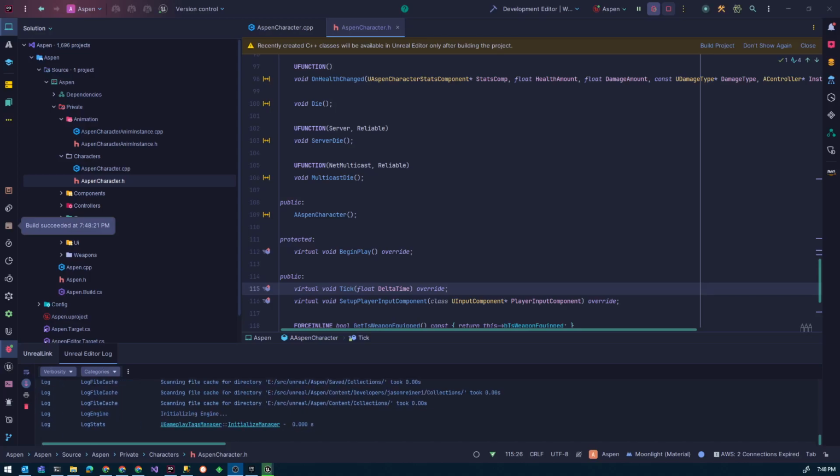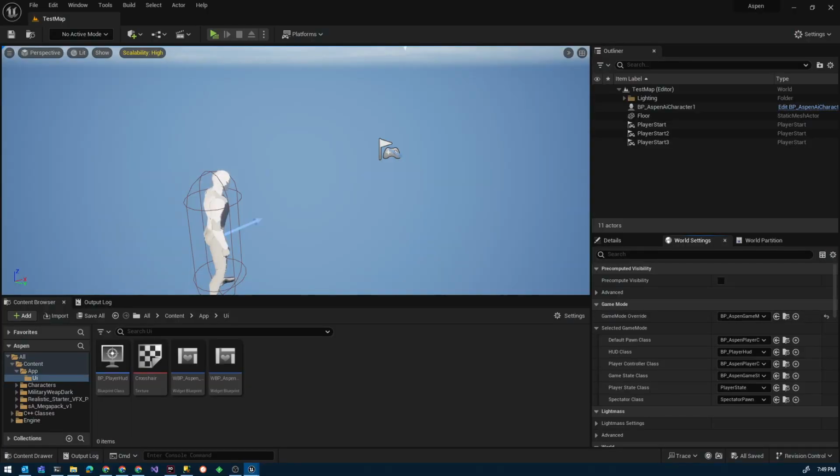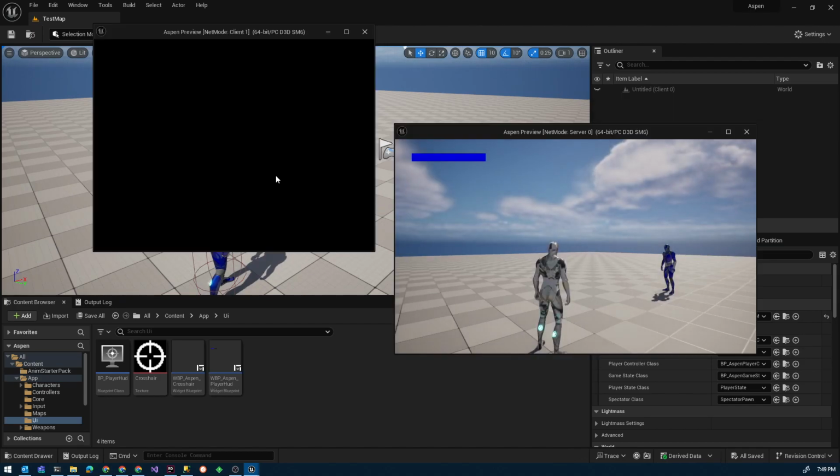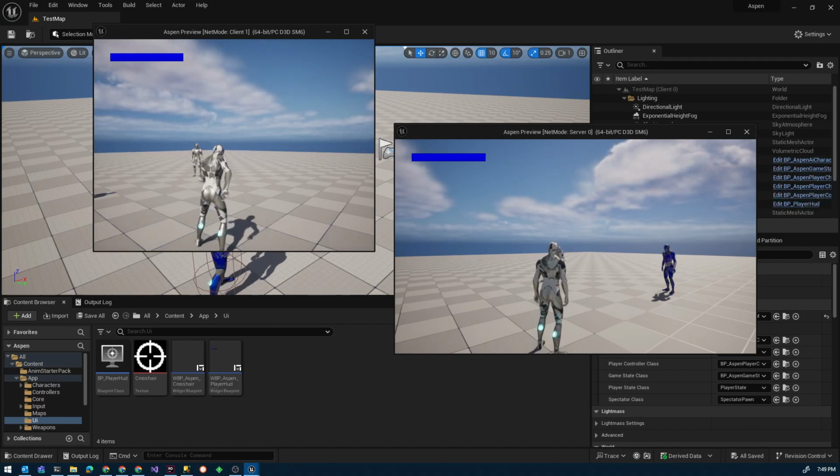Okay, welcome back to this 10th video in this series where I'm creating a third-person multiplayer game with Unreal Engine and C++. At the end of the last video, I ran into a couple of replication problems with my aiming. And let's see if they're still there. So if I pull my weapon